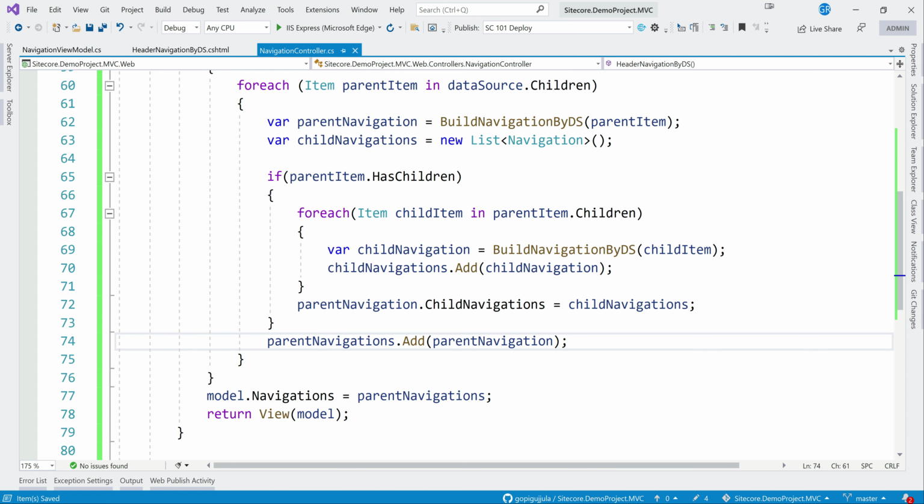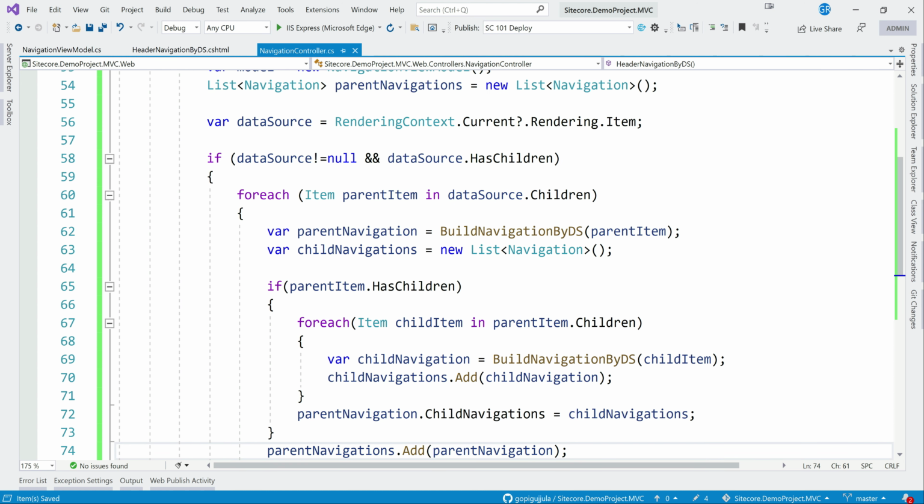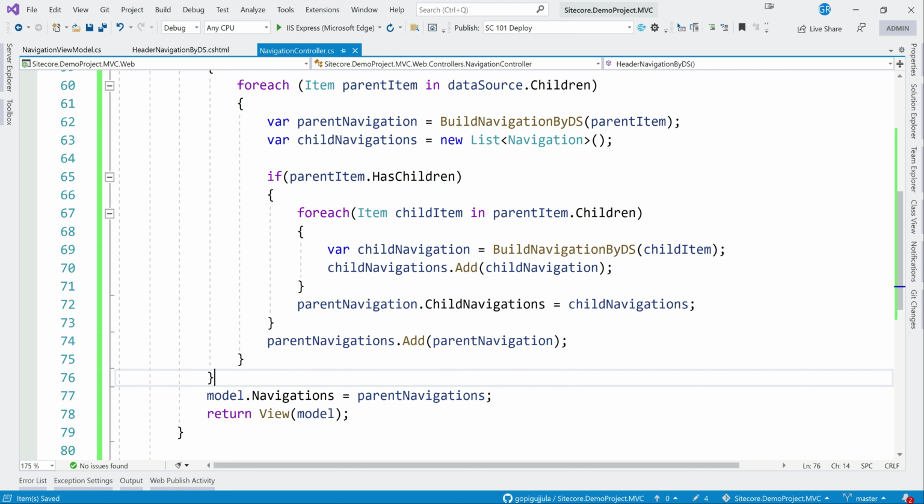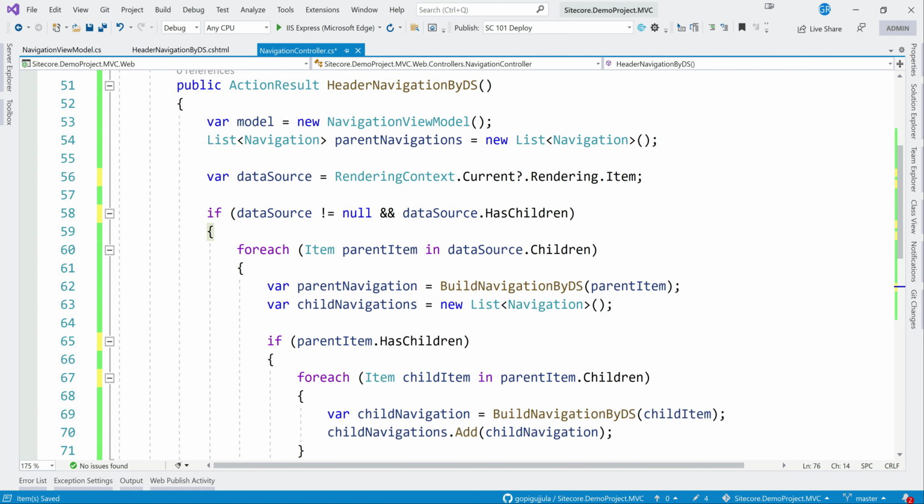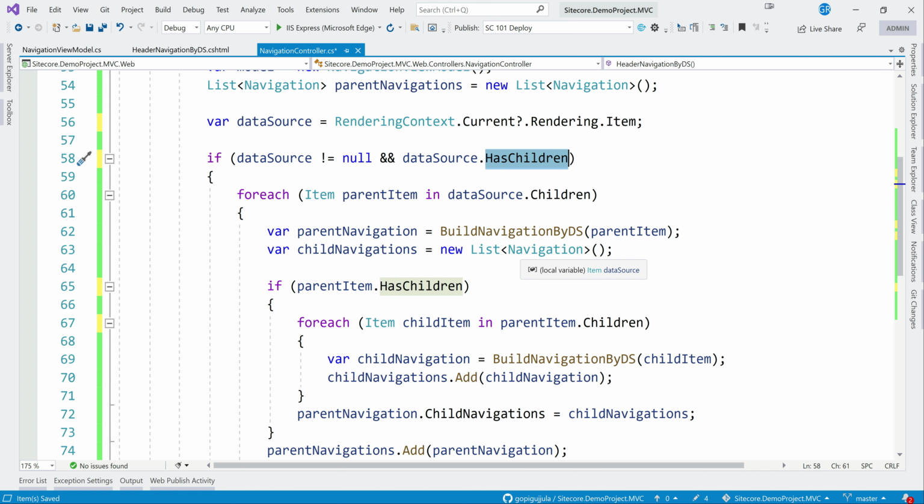Yeah, correct. So let me quickly go through the code once again. We are getting the data source, and the data source has children, and we are looping those children. So till here we are clear.